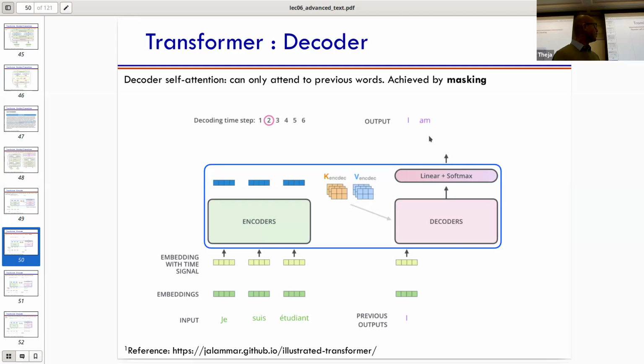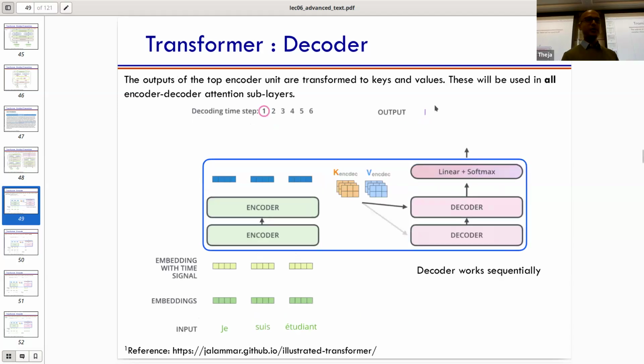So while producing the I output, you can think of starting with a start token or something like that that's not being shown here. For example, when I'm producing the first word output here, I'll start with some default token, which is not being shown here. The decoder works sequentially, just like you did in your assignment, or in the encoder decoder machine translation setup, right? So how do we do the decoder in a sequential way?